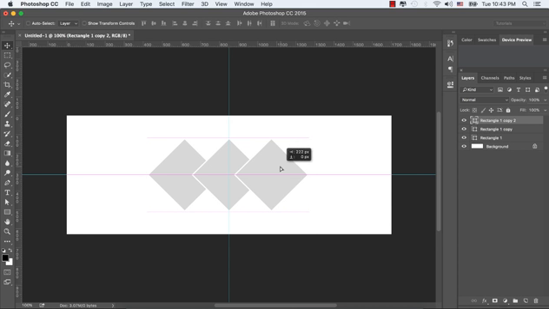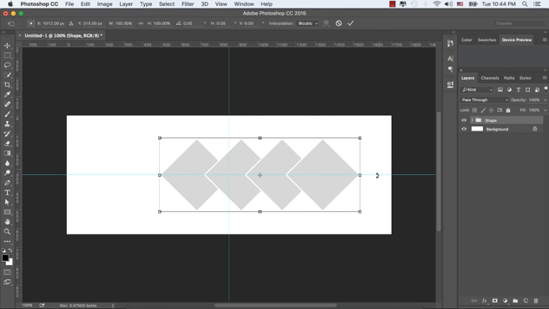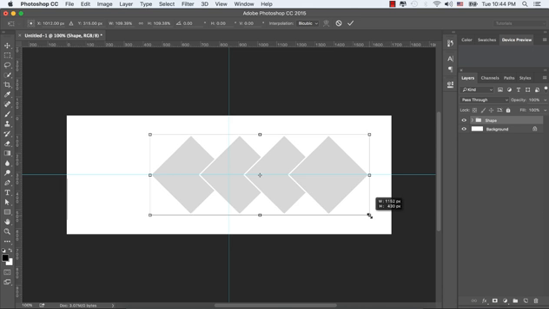Let's make another copy and select the move tool and move this duplicate layer. Let's make another copy and move it rightward, and now we have these four different shapes. Select all of these and move them to the right-hand side and make them a group by pressing Ctrl or Command G from the keyboard, and rename it as shape.